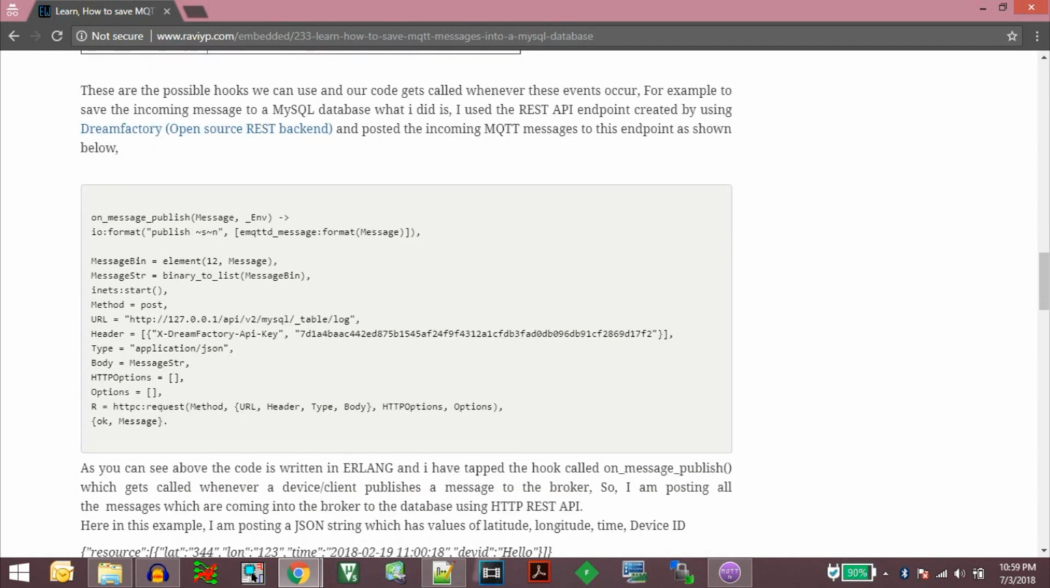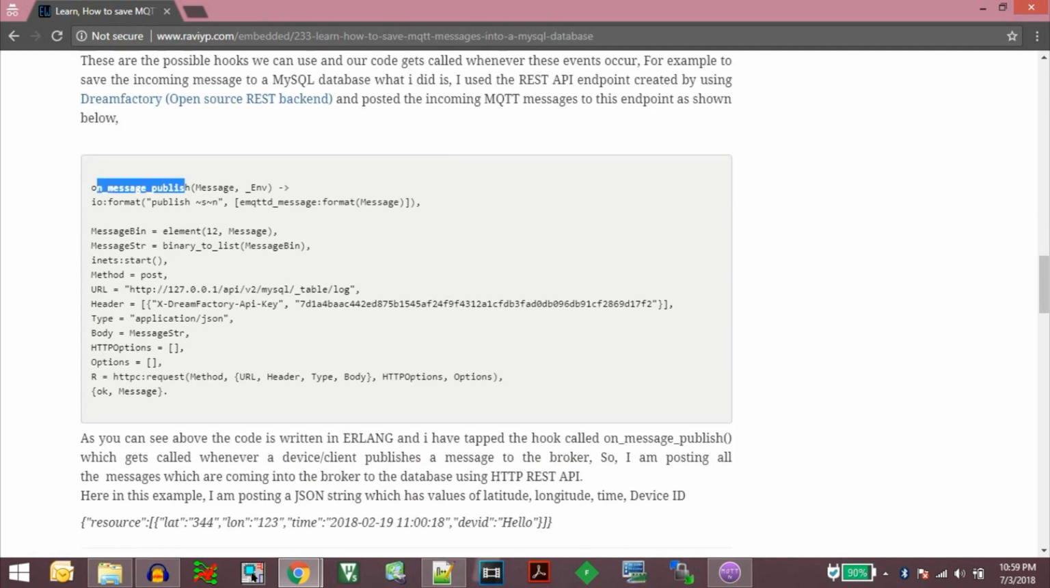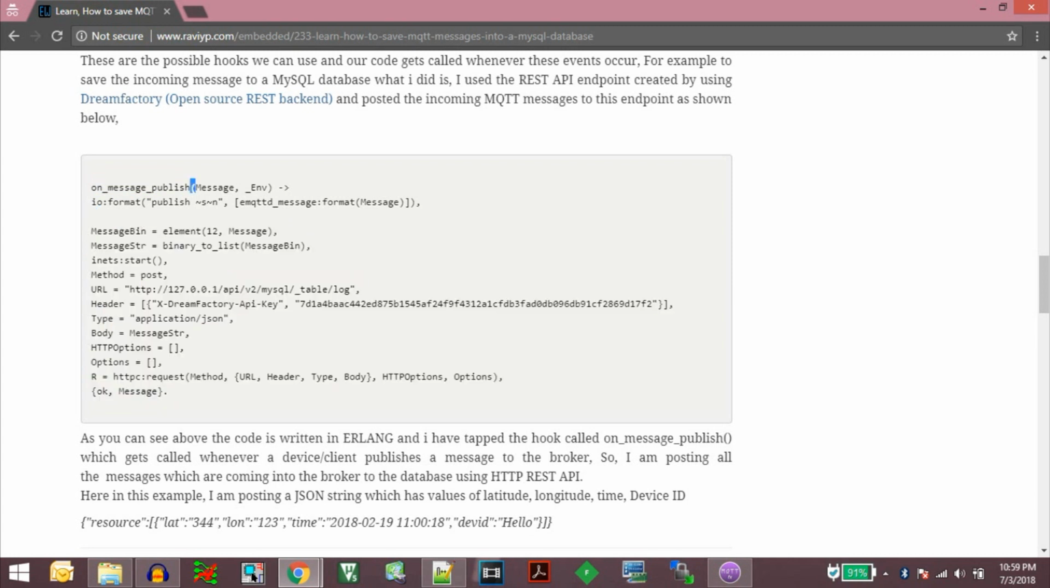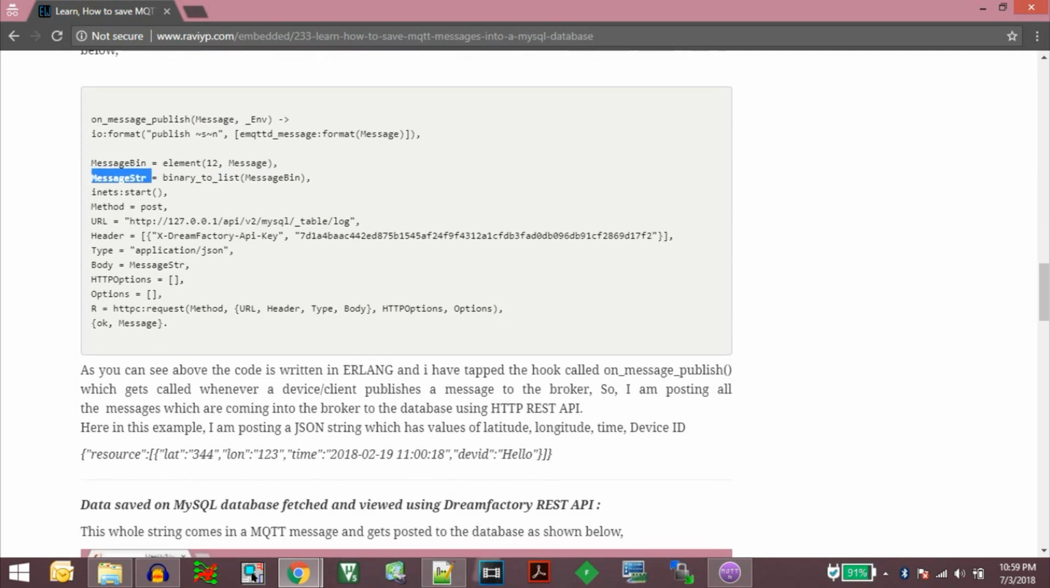So what I did is I went into the plugin template and I inserted my code here inside this on_message_publish. So this function gets called whenever a device publishes a message to the broker, and that message is passed into this variable called as message. So here what I'm doing is I'm collecting that message into a message string, and this is some Erlang code